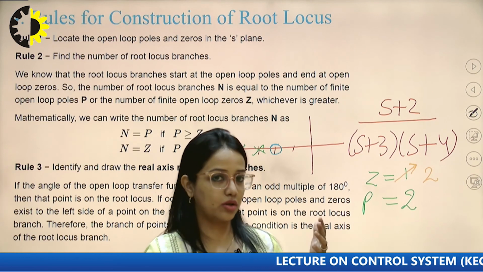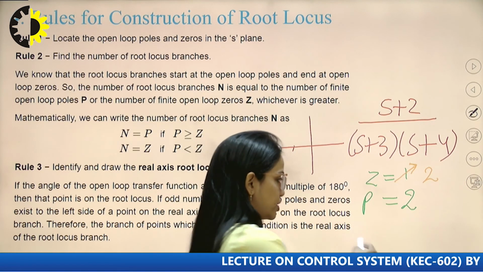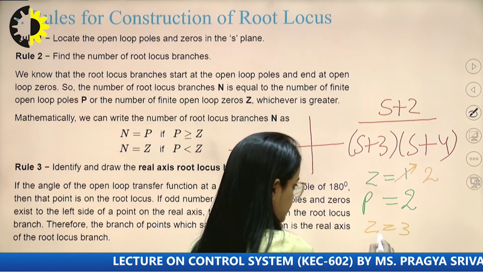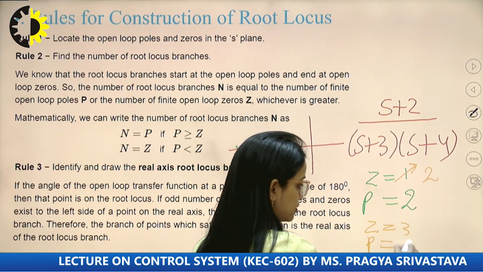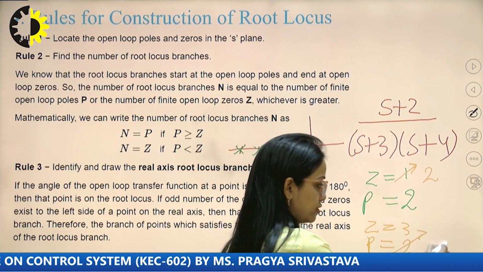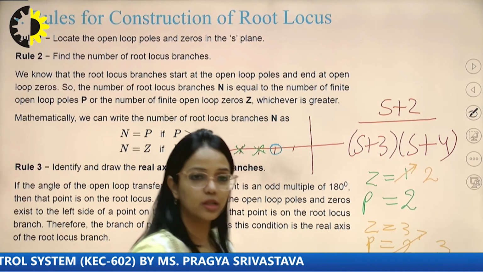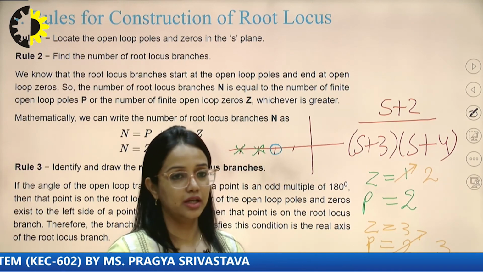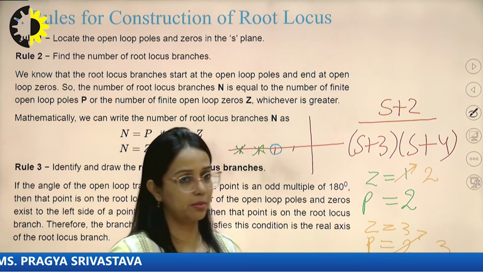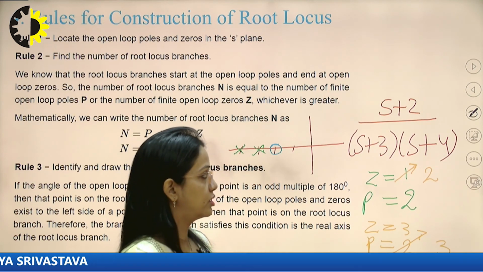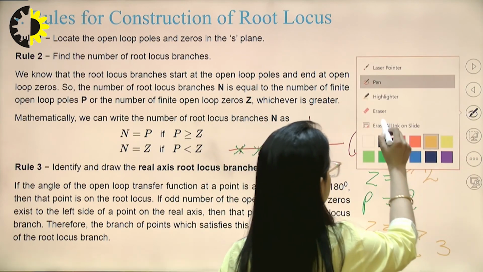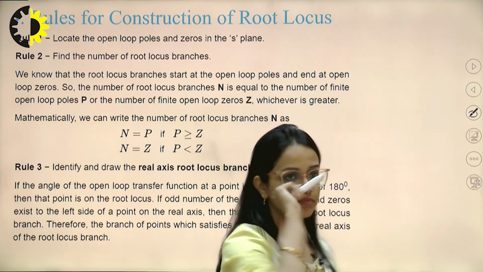And we can have a similar condition, let's say we have 3 zeros and only 2 poles, then we can also see that this 2 is wrong. We have actually a third pole too, but that third pole is lying somewhere at infinity, and that is not having any impact. So we have to just delete everything, and we have to start studying rule 2, which